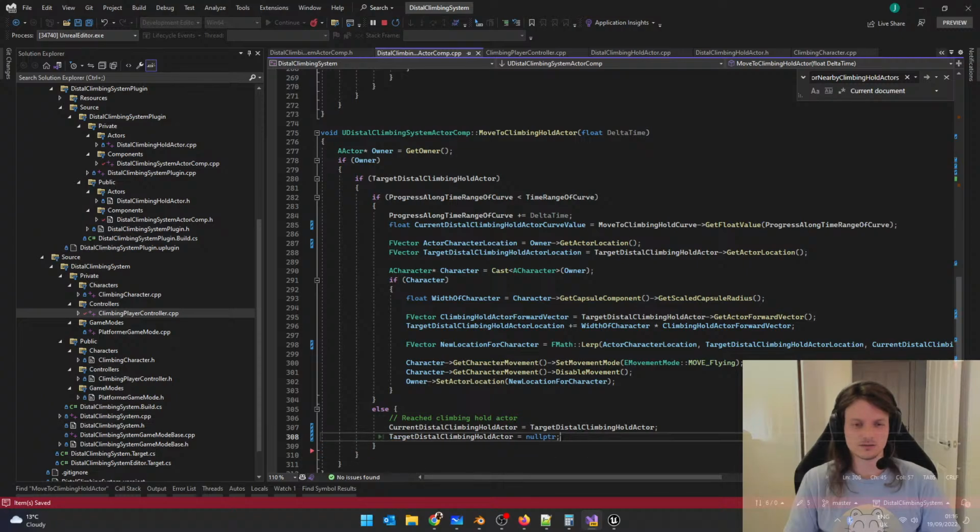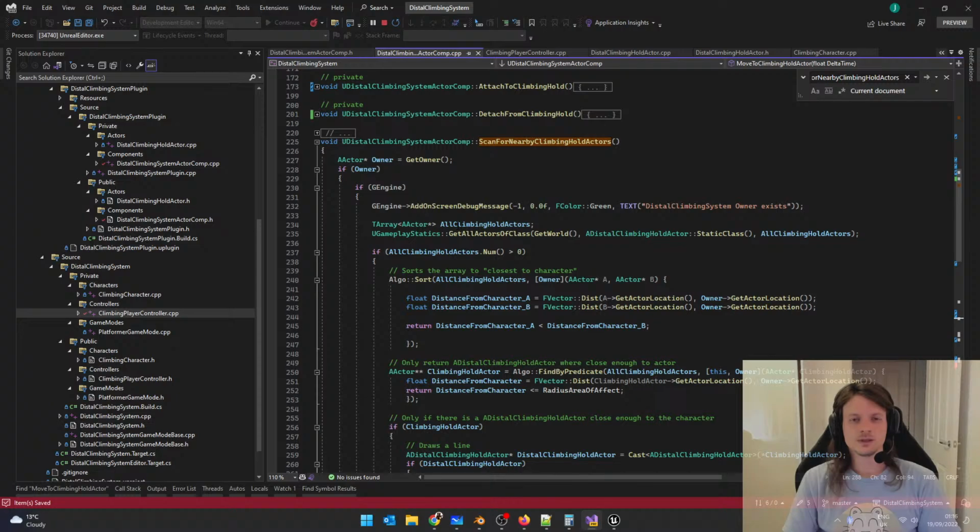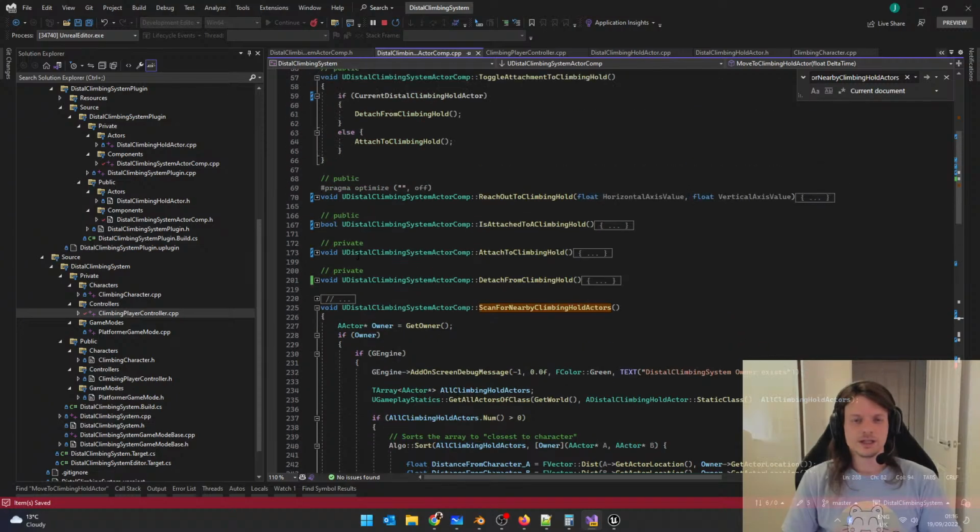And then close by can reprocess itself. And then when we move into it, it's all about the target. So go and get the location of the target. That's correct. And then